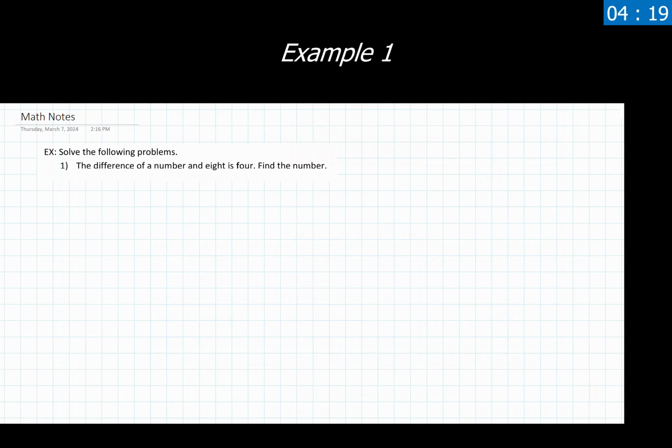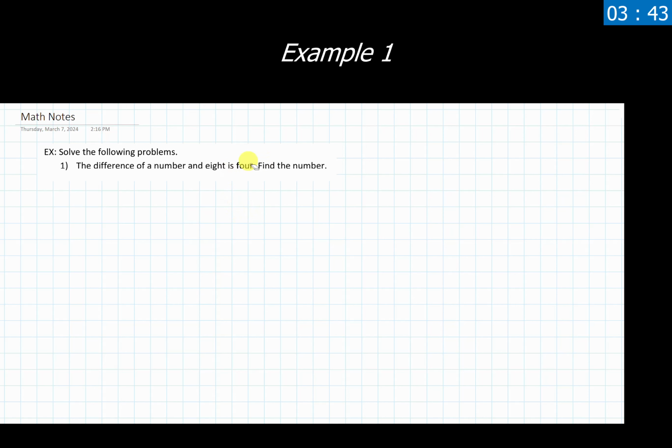Our first story problem that we have here is telling us the difference of a number and 8 is 4. Find the number. Well, employing some of the strategies or potential strategies that we could be using, I think it's good to identify what buzzwords are and aren't showing up in this problem, and either circle, highlight, or underline those to make them stand out to you. As I'm reading through this, I'm noticing we have the buzzword "is" showing up. We really like this one because this denotes an equal sign. So if you want to underline that, you could.